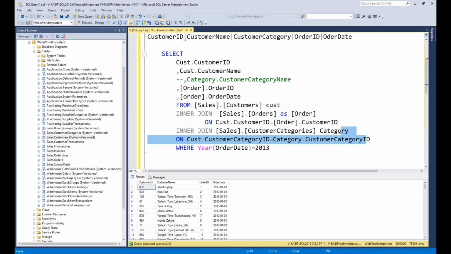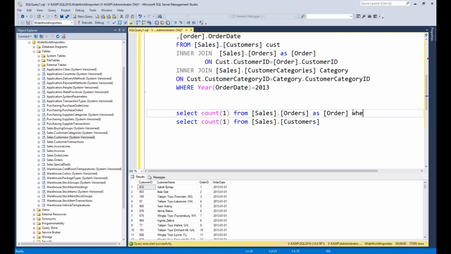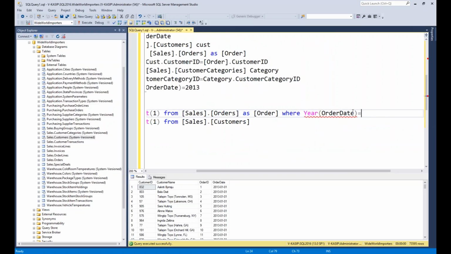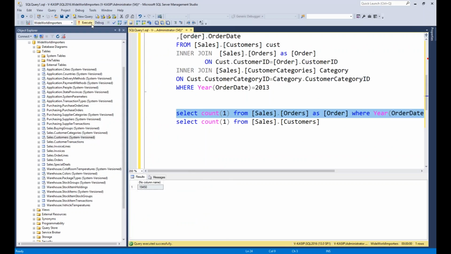So let's assume you have 5 to 6 joins. Always, before coming to the where clause, either you filter your number of records, or it will go to the millions, right? Then you apply year of order date 2013. If I just apply the year of order date 2013 here, the count will go from 73,000 to 19,000.